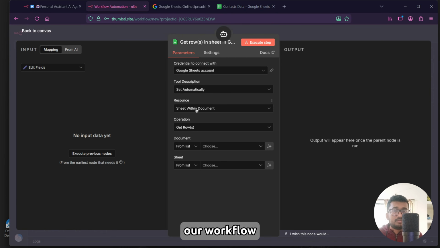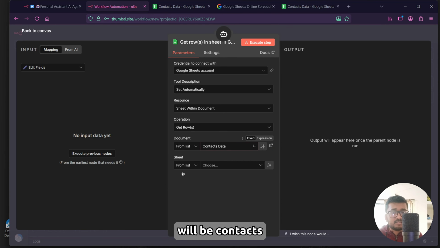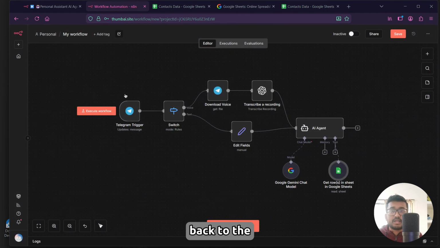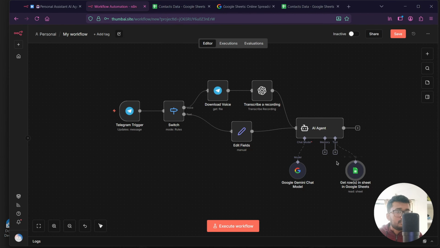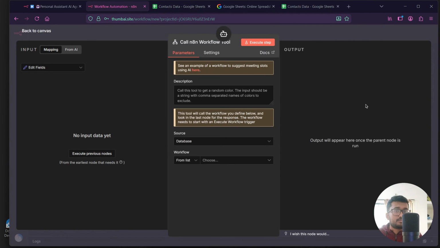Now go to our workflow. Now let's choose our sheet, which will be contacts data, and from the sheet it will be sheet one, and the rest of the things will be as default. Back to the canvas. Now let's add another tool, which will be call n8n workflow. Inside this tool, we'll call the email agent. So what we can do is name the tool email agent,